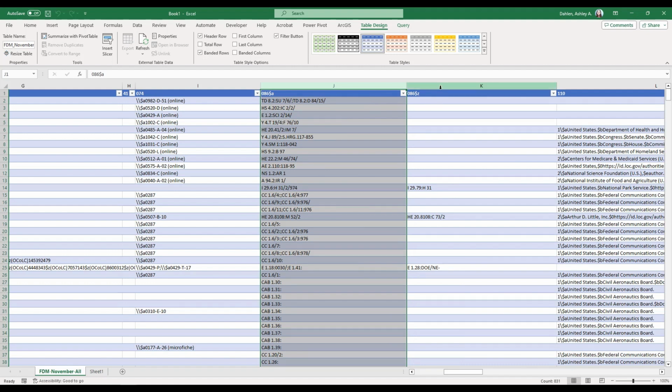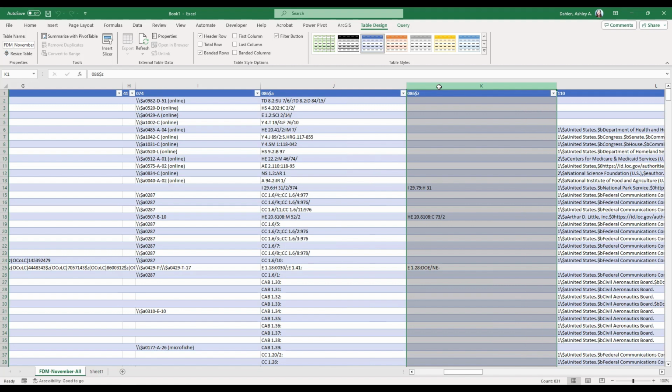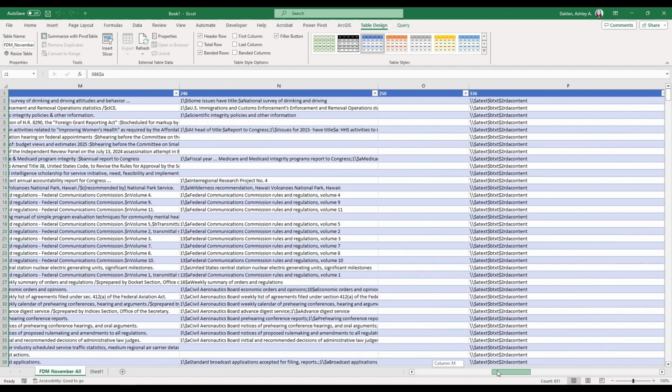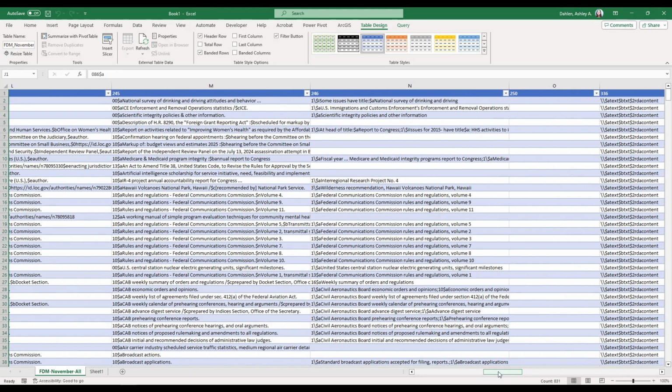Also, I could have put the old call numbers on a watch list to say, hey, if somebody submits to me a needs and offers list, don't search for these old call numbers because I already have them under the new call number. So these are just some of the things that you can do with